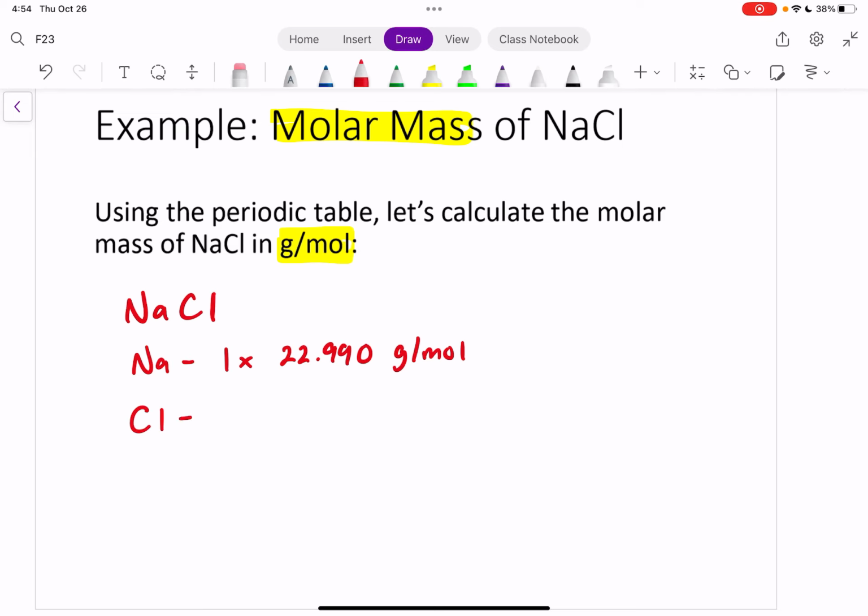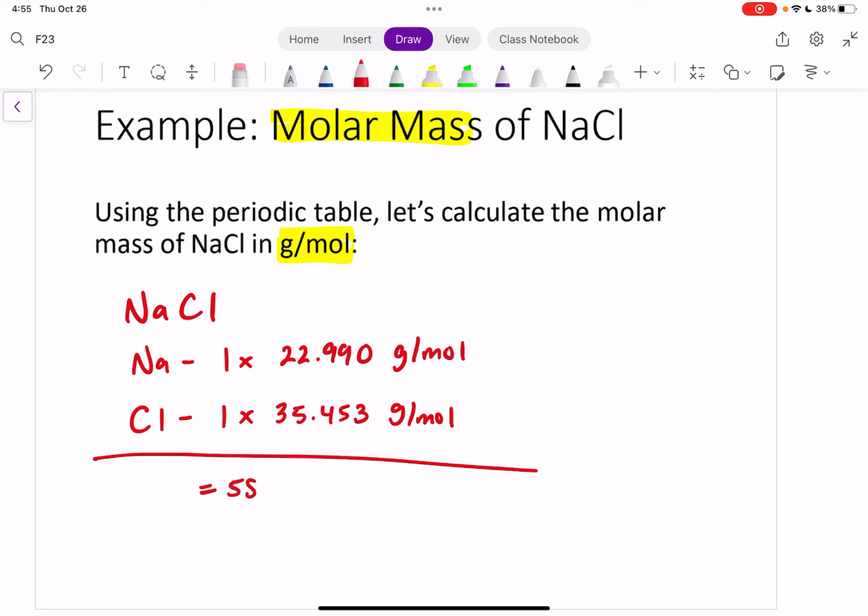All right, and then chlorine, we've still got one atom of chlorine. So I'm just going to note that. And then we have 35.453 grams per mole. All right, so now we've got to total this up. And that's going to equal 58.443 grams per mole. So the molar mass, which I sometimes abbreviate with a capital M, of NaCl equals 58.443 grams